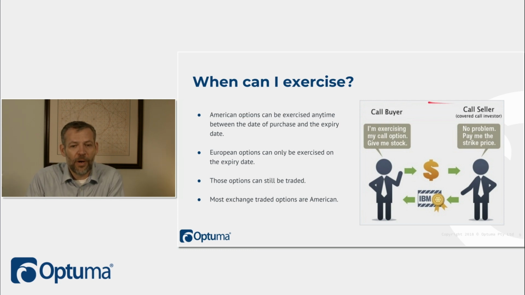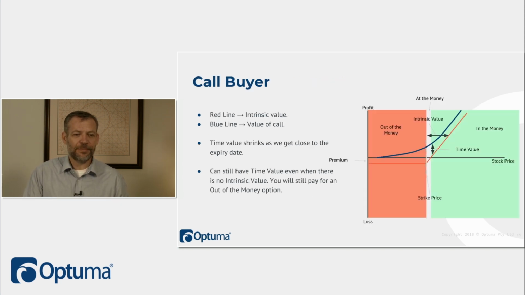So if I'm a call buyer, I'd go to the seller or the writer, and I'd say, I'm exercising my option, give me my stock. And the seller would say, that's fine, pay me the strike price. Remembering that the strike price is what I pay only if I exercise the option. The premium is what I paid to buy that option or voucher at the start. So a couple of examples, you'll see these payoff diagrams as well. Basically, again, this is the stock price, higher stock prices over this side, lower over that side, and this is my profit